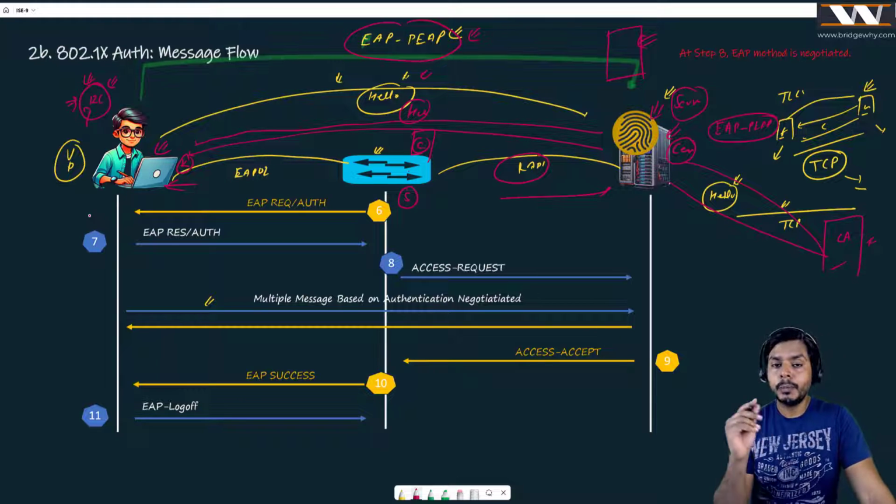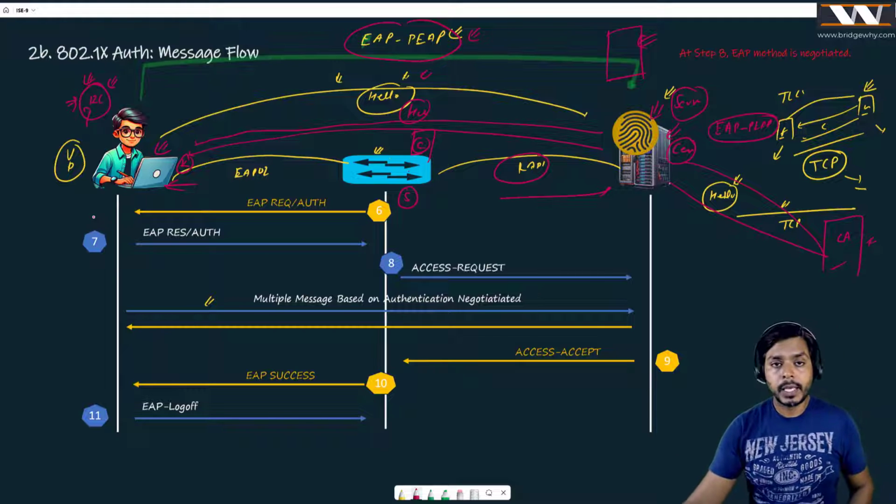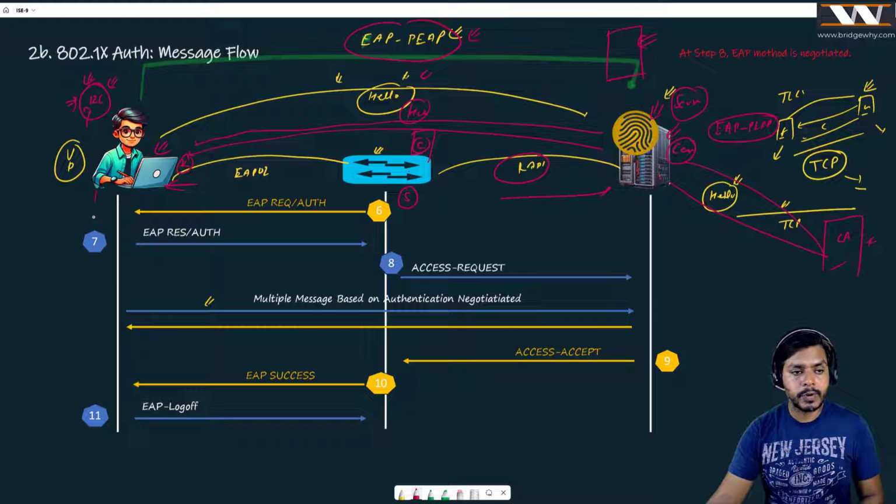Now, the other most important thing: what we are doing here is not authenticating the client because he wants to join our network. On the contrary, we are making sure that the client understands that yes, he's talking to the real server. And that is where EAP-PEAP says that once the TLS tunnel is formed,